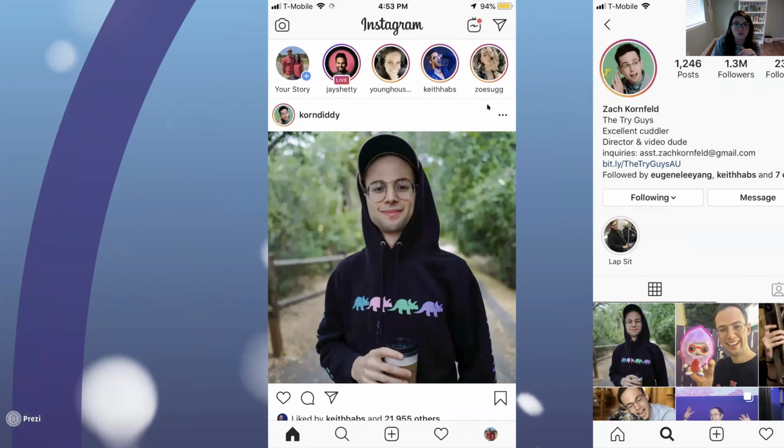So this is what the homepage of Instagram looks like. This is my personal Instagram profile. It's private. These right here are stories. When you see a ring around a profile photo, it means there is an Insta story, or an Instagram story, that you've not viewed yet. There's no ring around my personal profile because I don't have an Insta story up at the moment. These stories only last 24 hours. So if I post one right now, at around 11 o'clock, it won't be there tomorrow by noon.